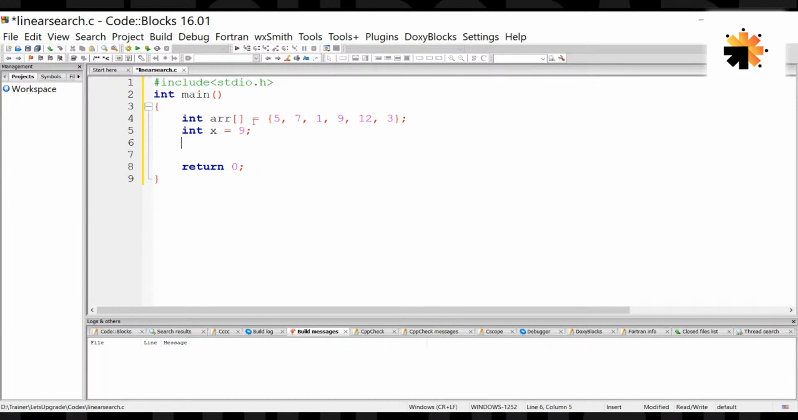So for that purpose, I'll be taking a loop variable i. I can go with this for loop: for i equal to 0, i less than, how many elements are there? 6 elements, right? So yeah, i less than 6 and i plus plus. So here I need to write if x is equal to arr of i, then what we'll do, we can print here a message like